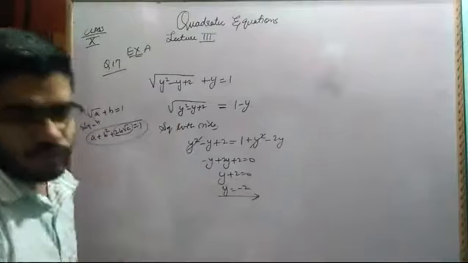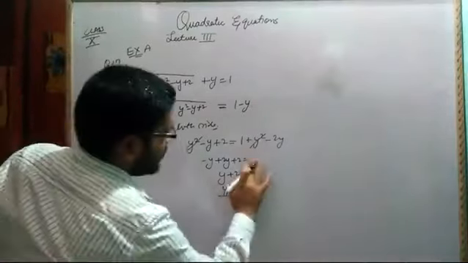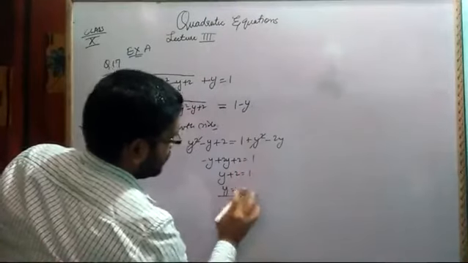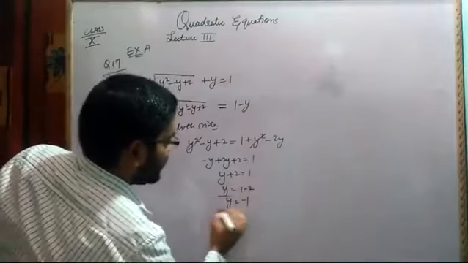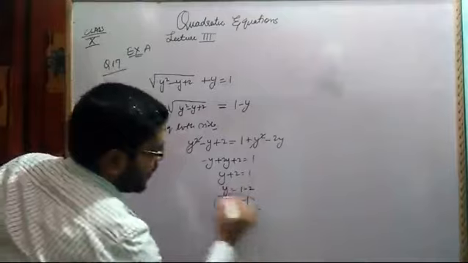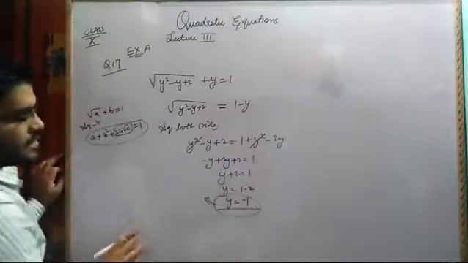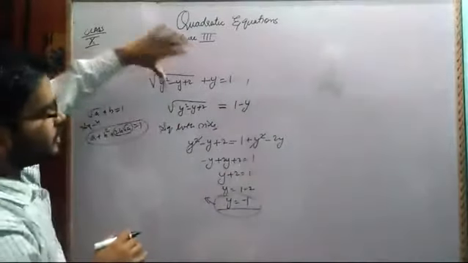So which value is going to satisfy? So here we are having plus 1 now. So 1 minus 1. Here it will be 1 minus 2, y is equal to minus 1. So y is equal to minus 1. Luckily we are getting this because y square is cancelled. If we substitute the value, this equation will be satisfied.